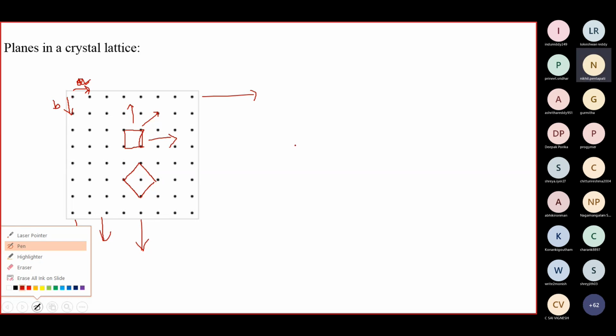Clear? Yes, sir. What is the other way? Other way is, again I have given you the lattice parameters A and B along with angles. So you construct the unit cell first. Then go on extending that unit cell. Where will you go? You get the same lattice. So this unit cell could also be chosen like this. This is a different kind of unit cell. But we get the same one again.